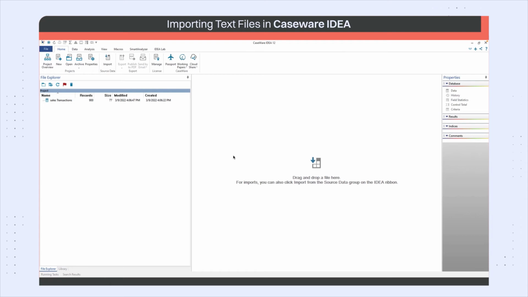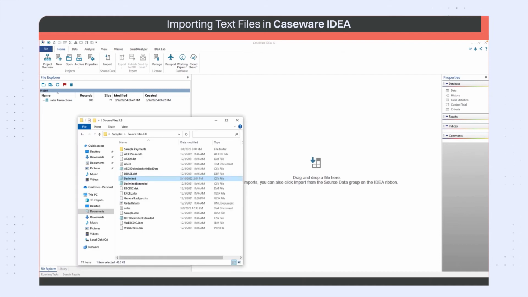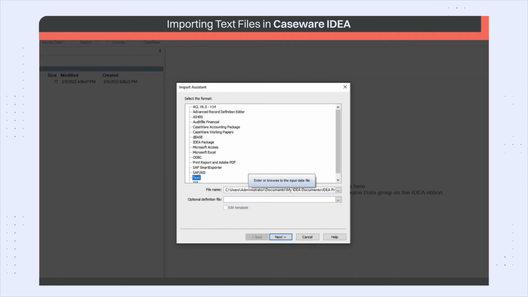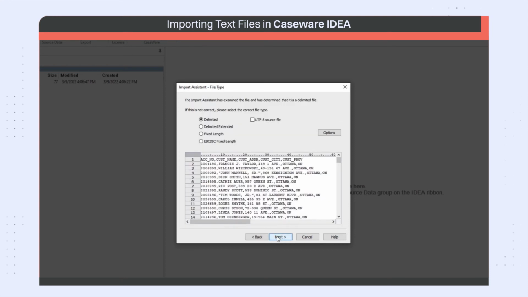For this, I will use a comma-separated value text file or a CSV file. Instead of using the import assistant, let's drag and drop the delimited.csv file into IDEA. The import assistant dialog opens with the file selected. Click Next. The import assistant file type screen appears and analyzes the data to try and determine what kind of text file it is. As you can see, IDEA has recognized that this file is a delimited or a CSV